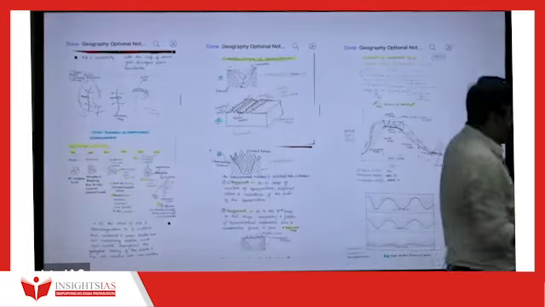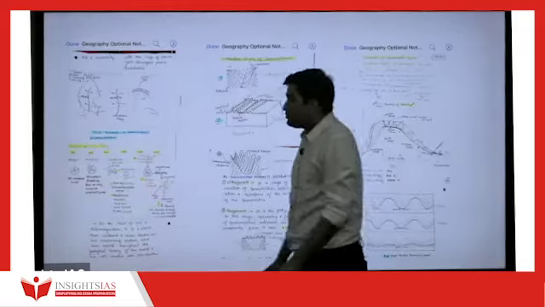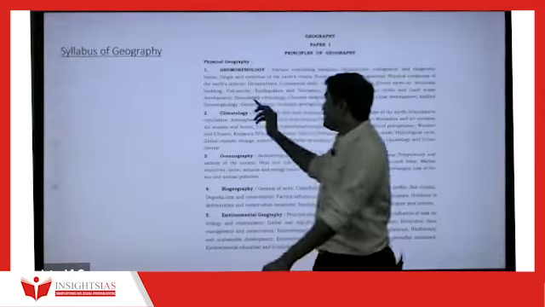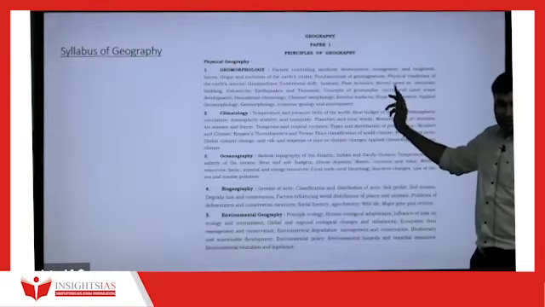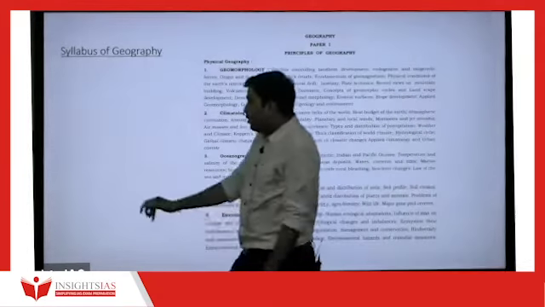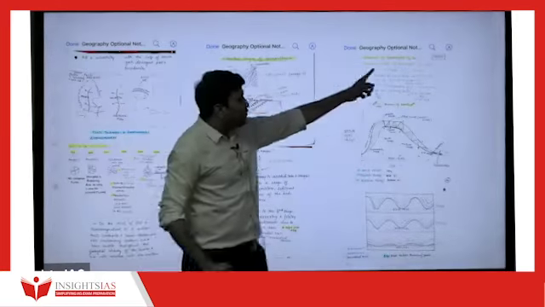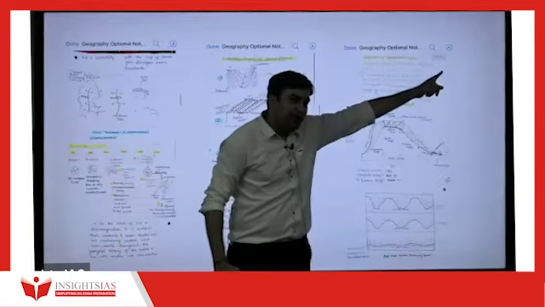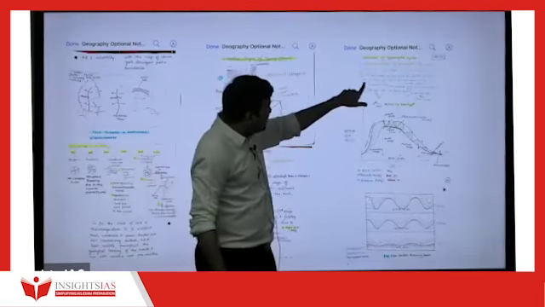Each and every point, for example, syllabus mein kya tha? Geomorphic cycles. I hope that you are understanding what I'm trying to tell. For example, yahan pe you just see, here concept of geomorphic cycle. When I'm teaching this, I will also simultaneously... date कब लिया था ये? 15/11, मतलब 15th of November 2021. So when I'm teaching this topic, I will first tell you the basics. उसके बाद यहाँ पे लिख के दिया मैंने.